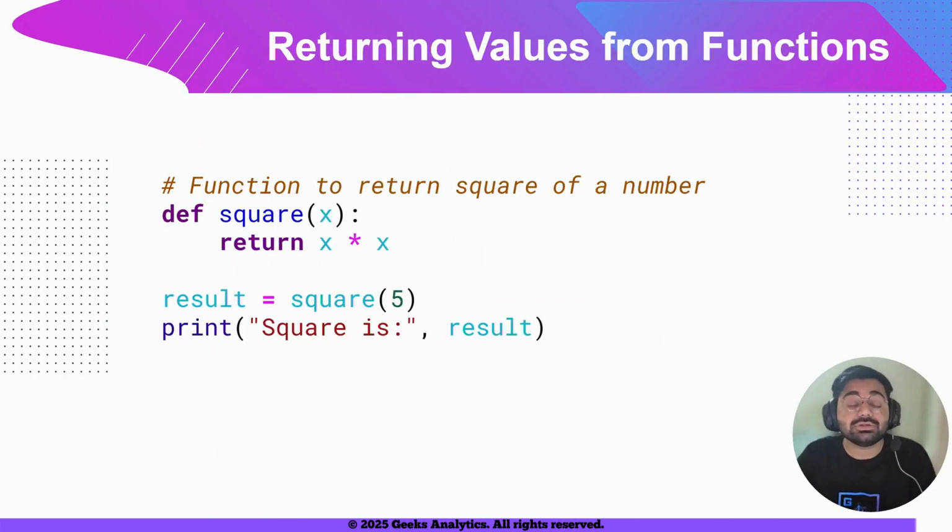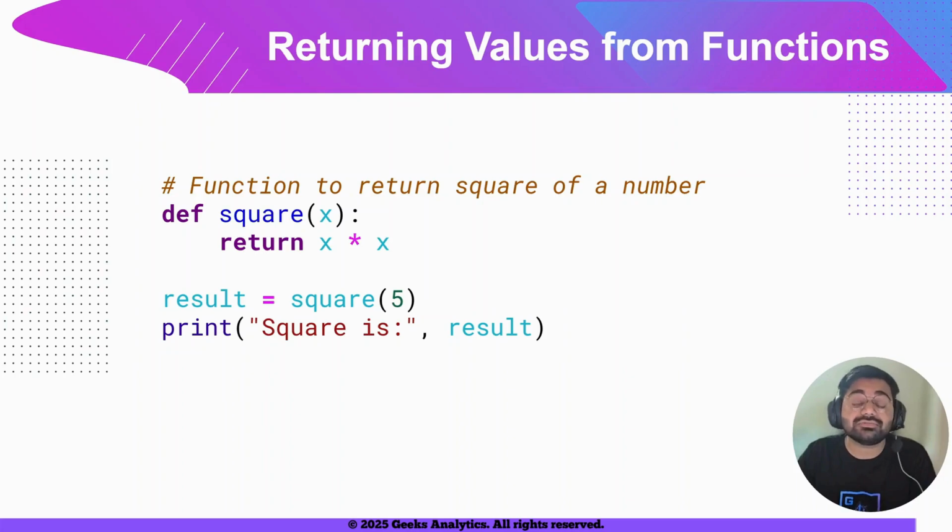Then, returning values from functions. Functions return values with the return keyword. This allows us to capture the result and use it in further program workflows. Once the return statement is executed, the function ends, and it's very helpful when we need to process the results